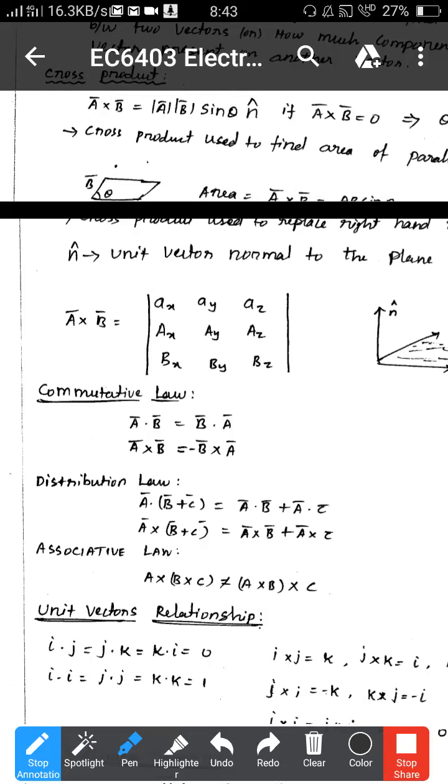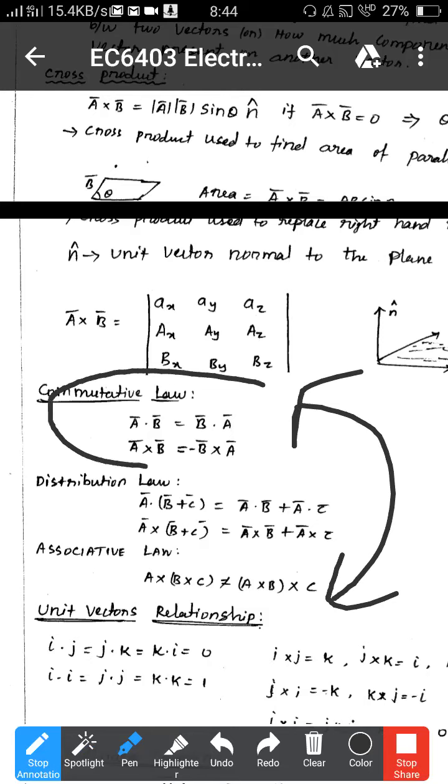Generally, you will have a confusion between these two. Commutative means you take only two variables. Associative means a minimum of three variables. It can be more than three, but a minimum of three. With two variables, you cannot explain the associative law. Please remember this and note it down in your notes.